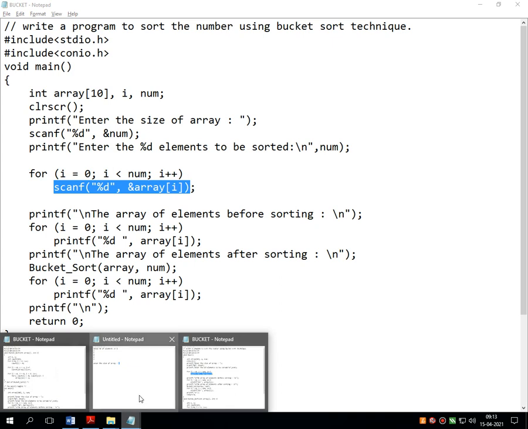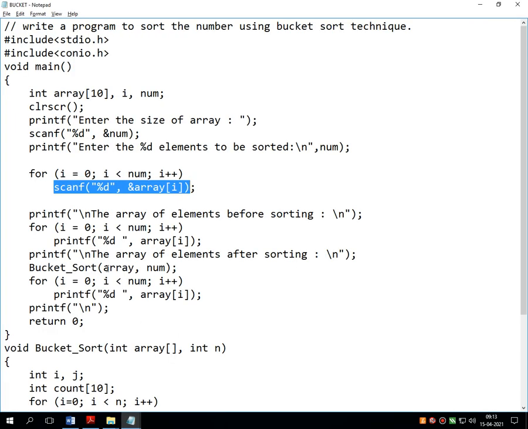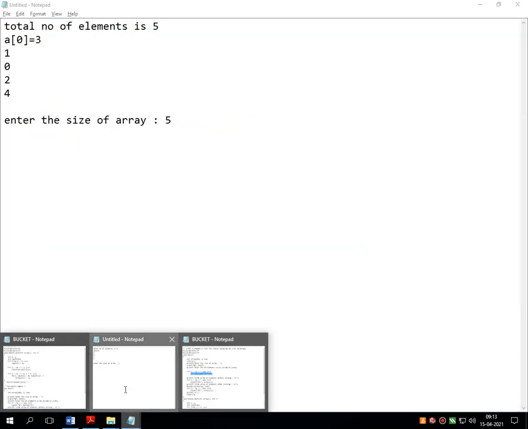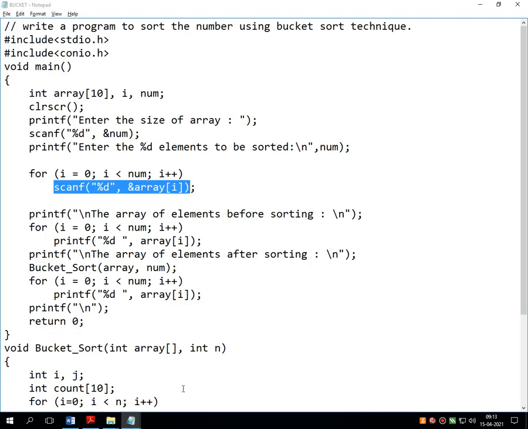That means whatever numbers I have inserted are stored into the one dimensional array like this. a[0] = 3, then a[1] = 1, a[2] = 0, a[3] = 2, and a[4] = 4. So in this way, these unsorted numbers are stored by this particular for loop.